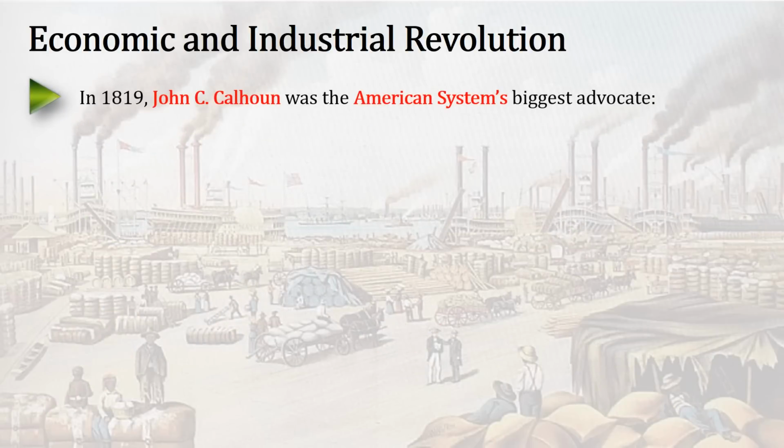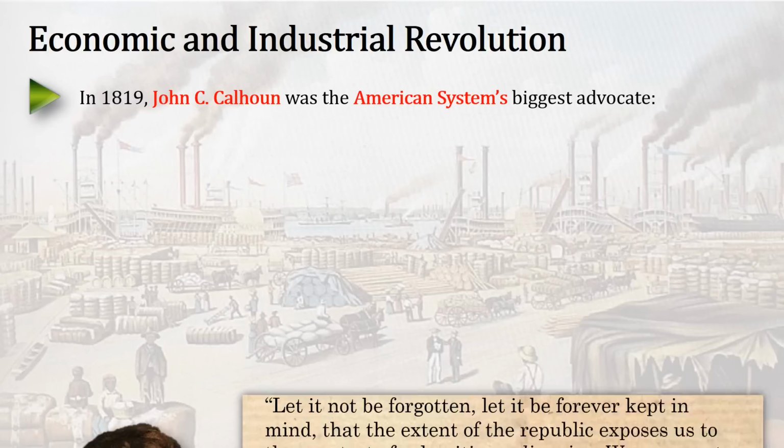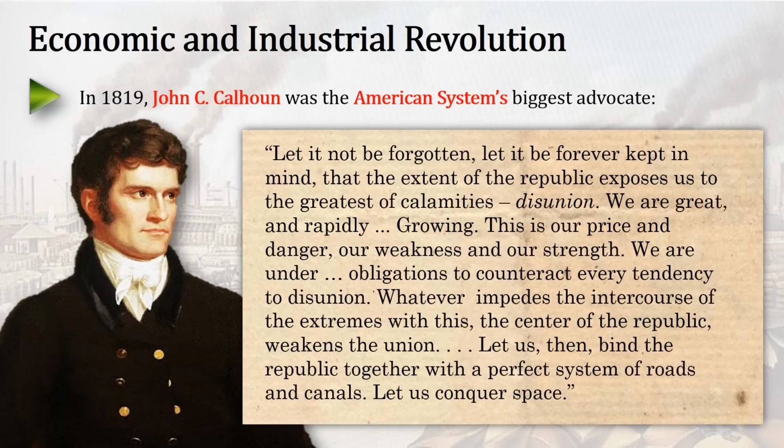In 1819, the South Carolinian John C. Calhoun was the American system's biggest advocate. He says, "Let it not be forgotten, let it be forever kept in mind that the extent of the Republic exposes us to the greatest of calamities, disunion. We are a great and rapidly growing